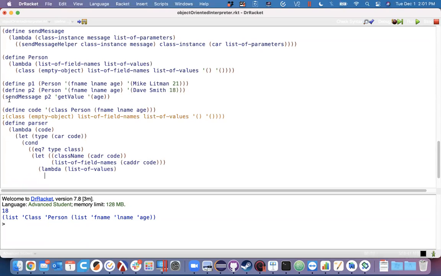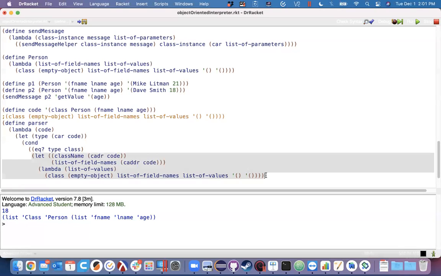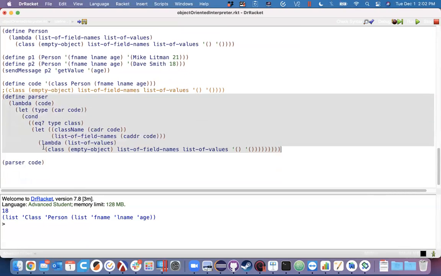And what is he going to do with it? He's going to generate this class using the list of field names and the list of values that were passed in. Okay, but he's going to give us a lambda as a response. So now when I call parser on our code,